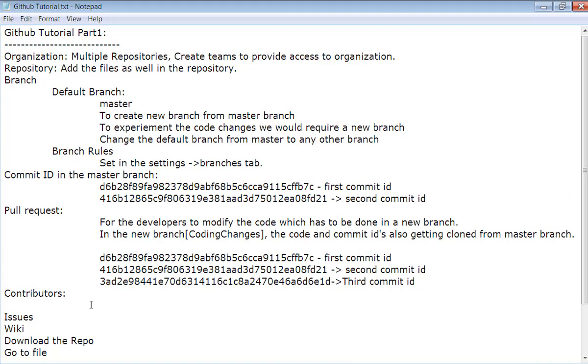A very important point, if you remember all the steps I have discussed, I created one text file to understand this concept. We are not taking any Java language code or Maven project code to understand GitHub now. For understanding the basics of GitHub, you can start by creating one text file, creating branches, making changes, creating a pull request, then merging the pull request into the master branch to understand GitHub thoroughly.